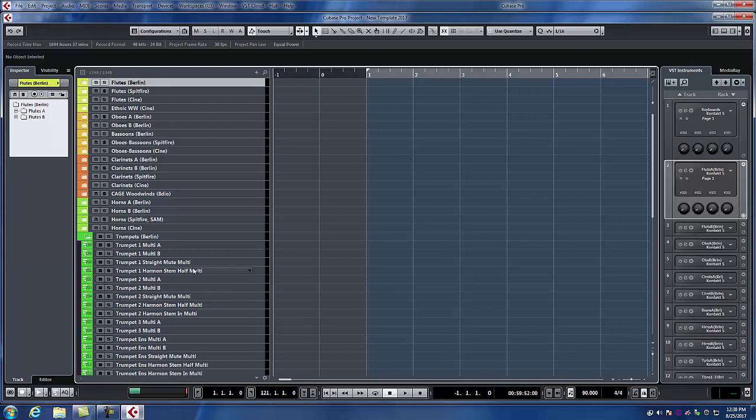They're all here, including the Berlin library, which has a couple of newer patches in one of the newer libraries this year with different kinds of mutes. It's not complete. I don't think I've found a sample library collection that actually has what I could use in the real world, because there are so many mute color choices available with real players, and I don't have any sample libraries that I've seen that have a complete set of all the mutes. There's no cup mutes here,